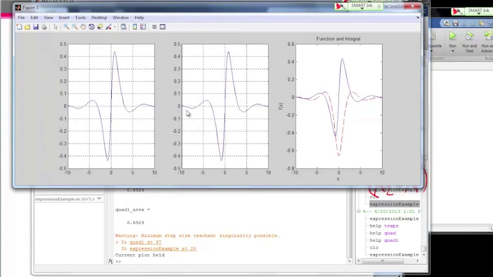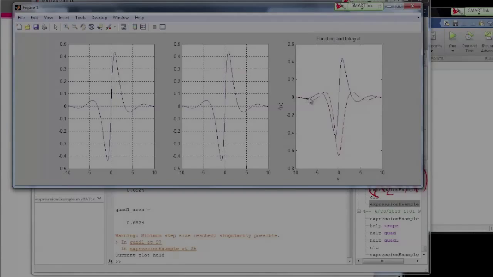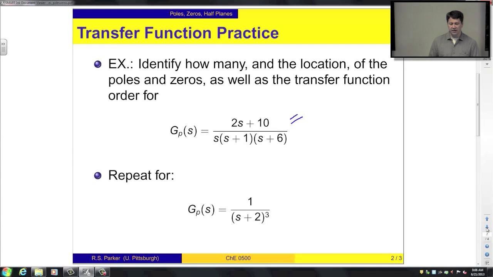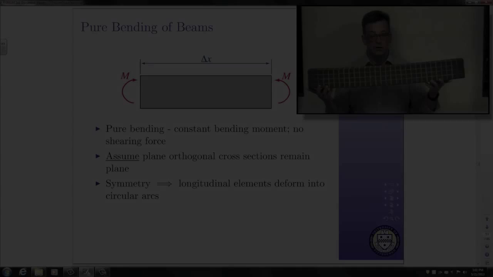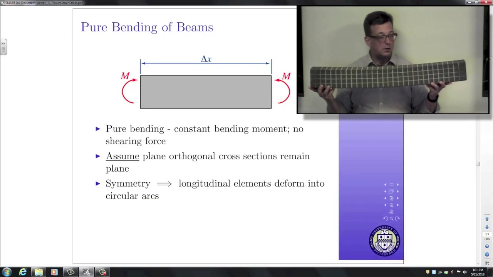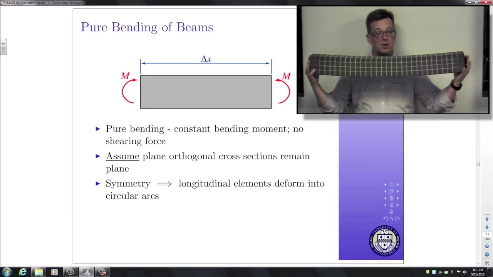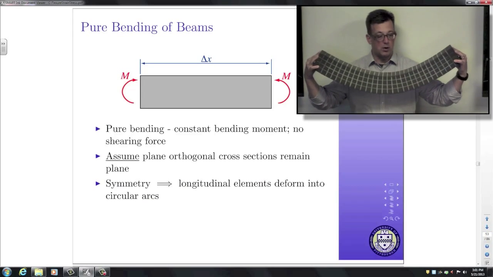So what we've done is, here's the function plotted. It's coefficient in the numerator and each of the monomials to 1. So out of the numerator, we'll factor out the 10. So this becomes 10 times 1/5 s plus 1. He finishes an order and gets to the end of the line, they come back, and wherever worker 2 is, they pick up their job, and they start picking from there, moving down the line. Worker 2 backs up. I'm going to talk about longitudinal elements. So when we bend this beam in pure bending by applying equal and opposite